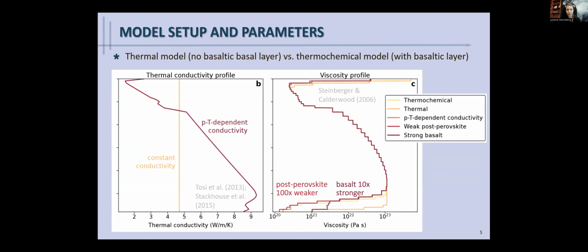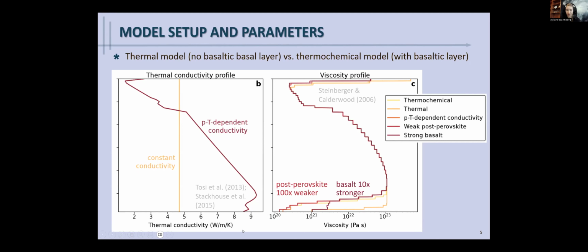So on the one hand, we tried a model that did not have this basaltic layer, which I will call here the thermal model because it has no chemical heterogeneities. Another parameter, like all of the parameters we changed, has to do with what happens with the heat flux at the CMB. So another one is the profile of the thermal conductivity, which is what we see here